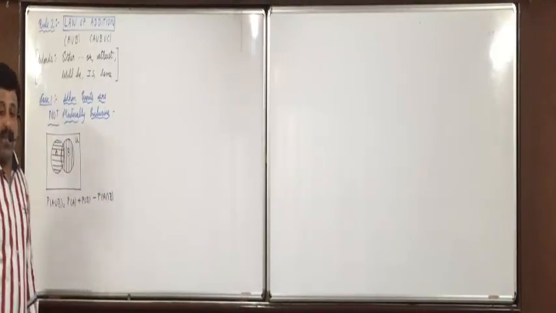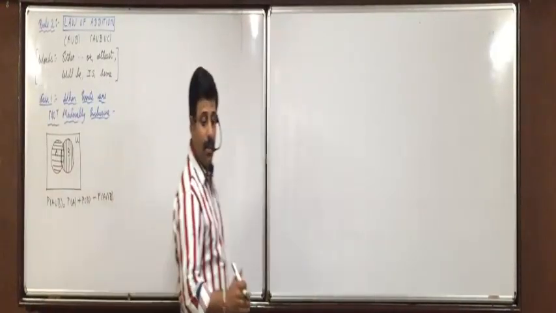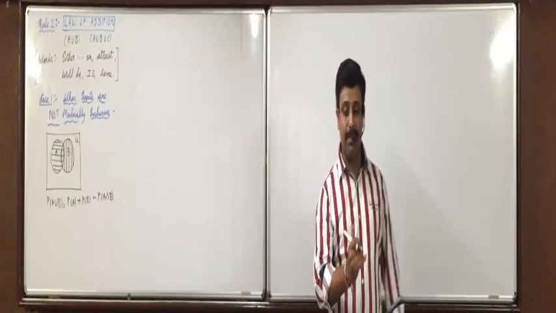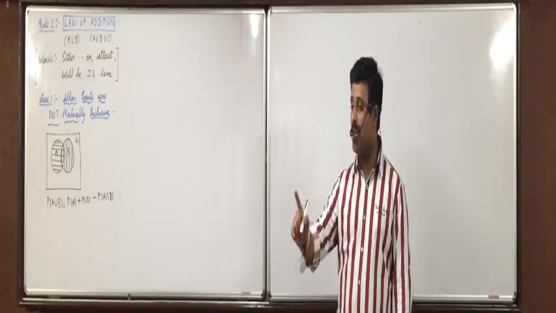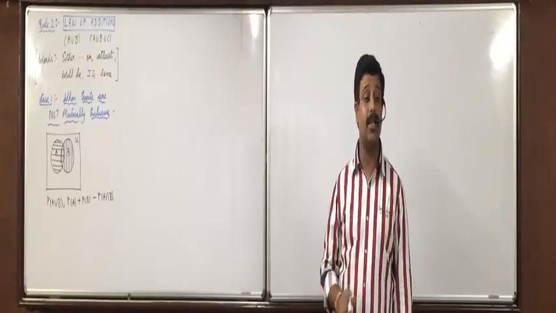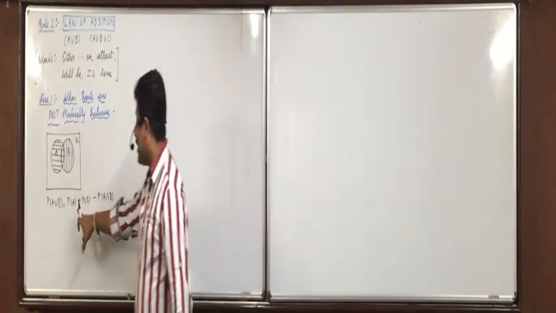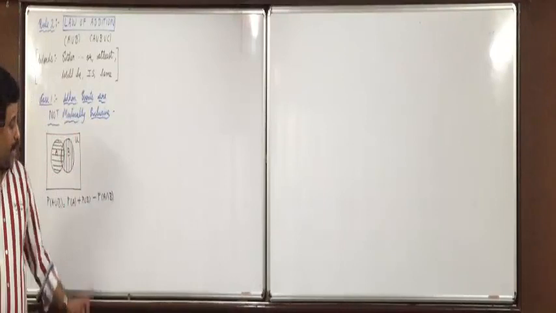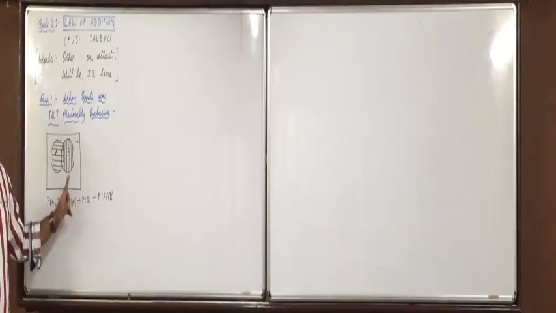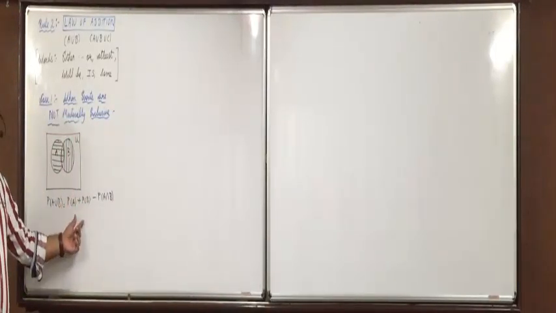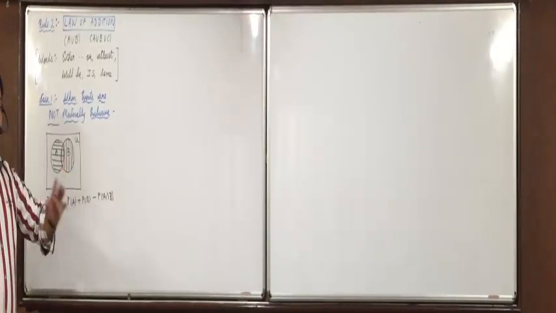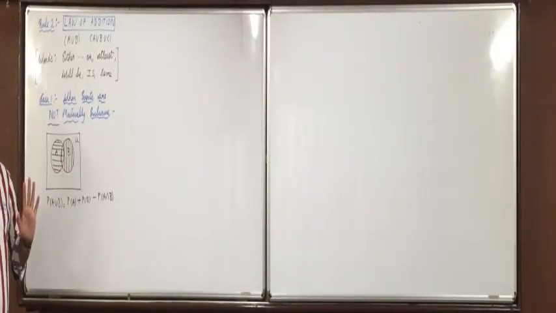Means what is the formula of P(A union B)? P(A) plus P(B) minus P(A intersection B). What is the logic of subtracting A intersection B? In P(A) also A intersection B is included. In P(B) also A intersection B is included. So in adding the 2, it gets included 2 times. We excluded 1 time. Is everyone clear with this?